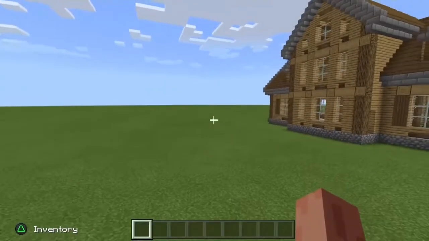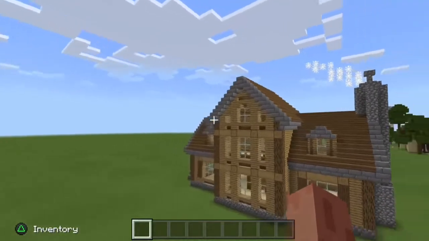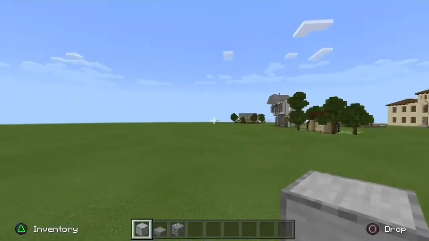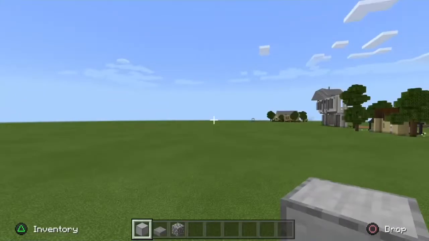Welcome back everybody. Today we will be learning how to build a beautiful wooden house. We're going to separate this tutorial into a three-part series because it's going to take a while, so let's get it. Alright, so basically you're going to start off by choosing your smooth sandstone block, and we're going to start